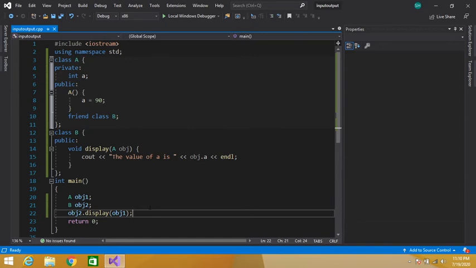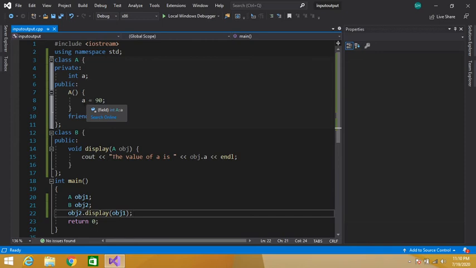Okay guys, let's execute this whole program manually. Our program execution always starts from the main function. So the control comes here, and here we have created the object of our class A. We know that when we create an object of a class, the constructor is automatically executed. So the control comes here, and A is initialized with the value 90.